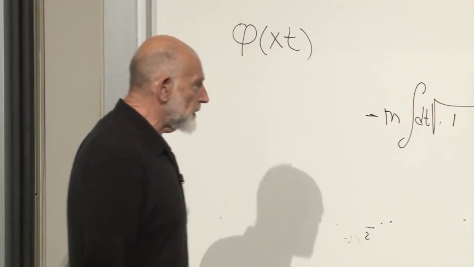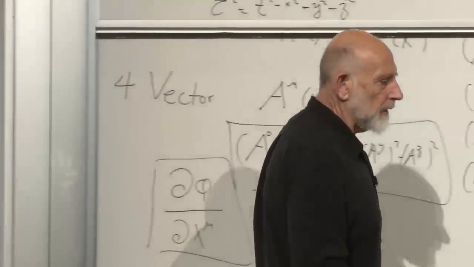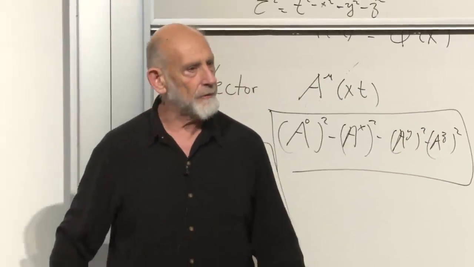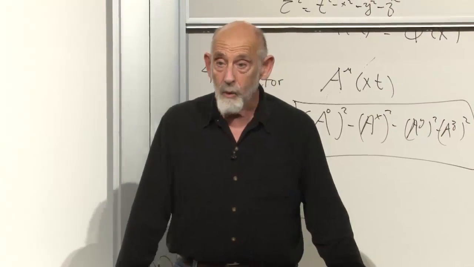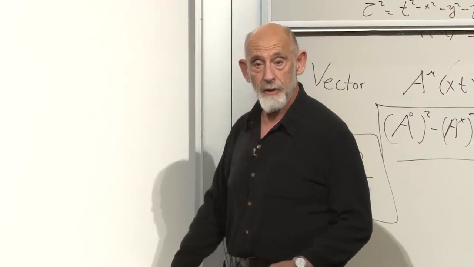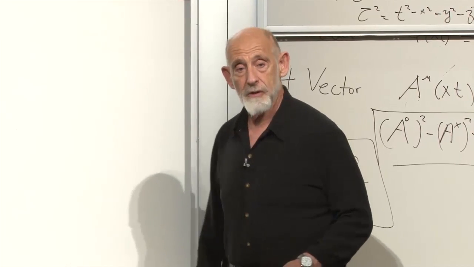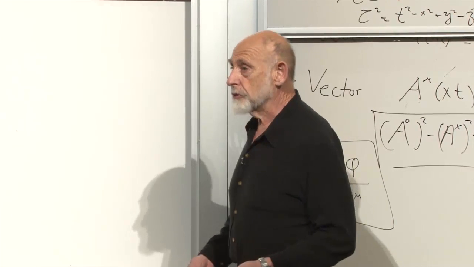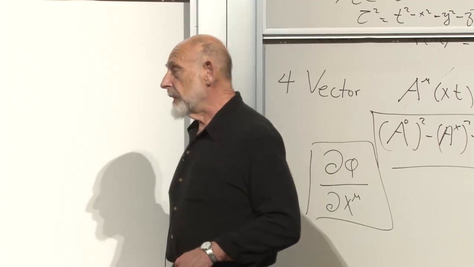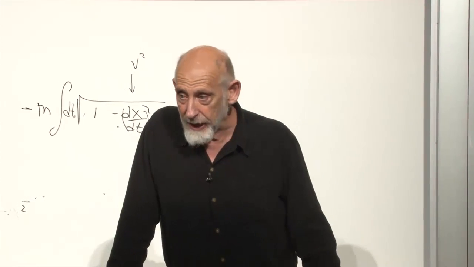Now, what can we do to this to allow the particle to couple to a field, allow the particle to interact with the field, be affected by the field? Well, in order for the particle to be affected by the field, we have to put into the Lagrangian the field somewhere. We have to put it in a way that is Lorentz invariant. In other words, we want to put it in a way which is the same in every reference frame. The only thing we have around involving fields, which is the same in every reference frame, is scalars.